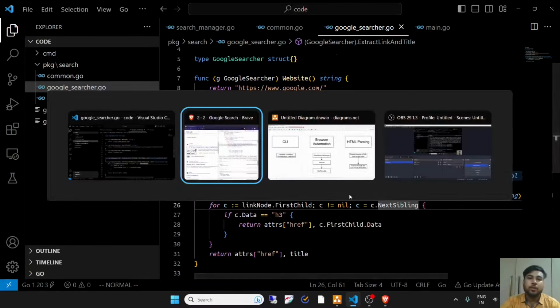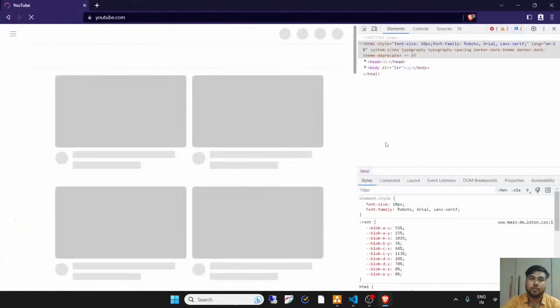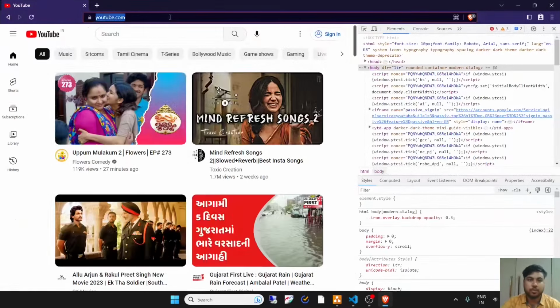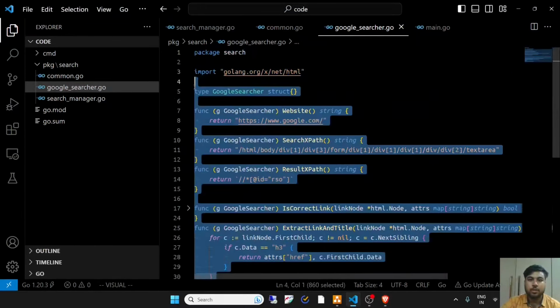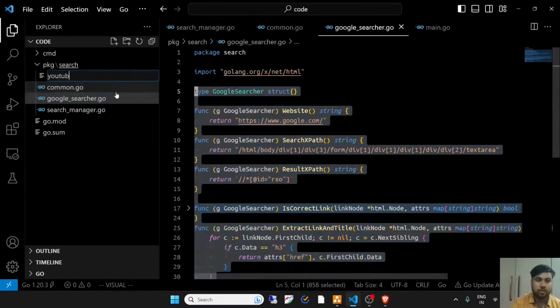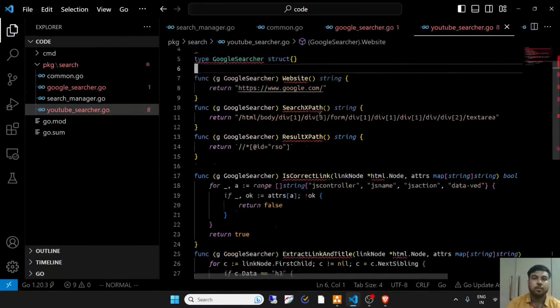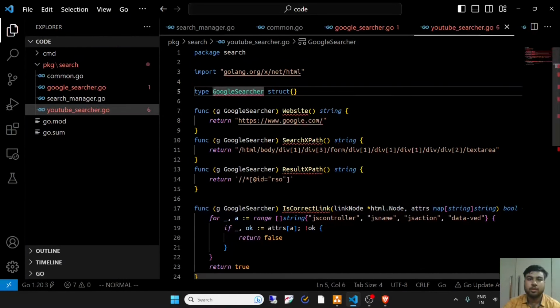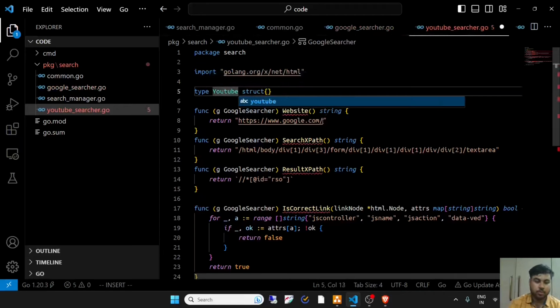Now I'll show you the power of using an interface, how we can expand this to search YouTube as well. So first, we can simply copy these things and just replace. I'll just change this to YouTube searcher.